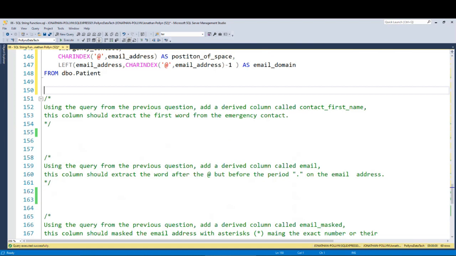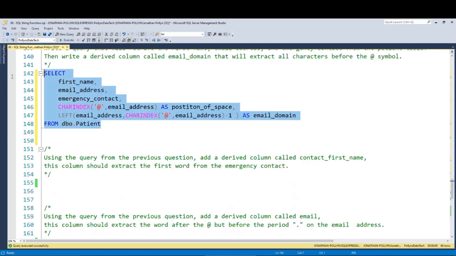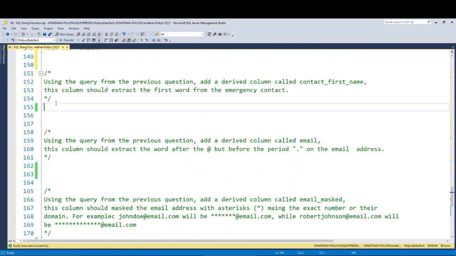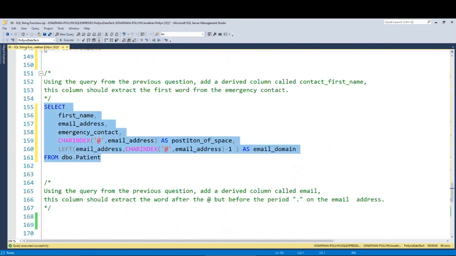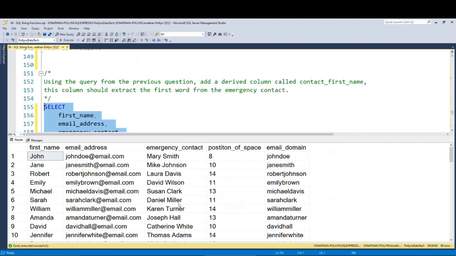The next one said, using the query from the previous question, add a derived column called contact first name. This column should extract the first word from the emergency contact. They wanted me to use this particular query. So I will paste this one here first of all and run it to make sure it is working fine. Now they said I should add a derived column called contact first name, that should extract the first word from the emergency contact. So to do that,